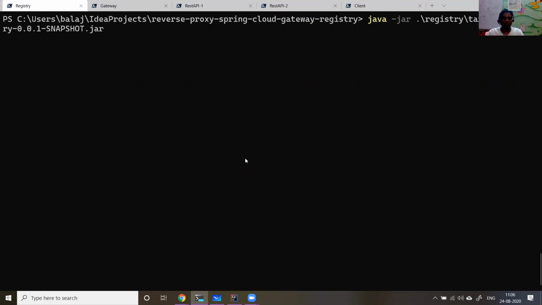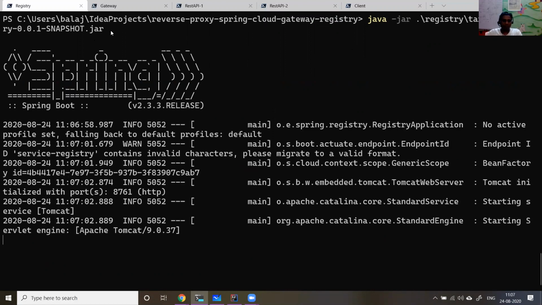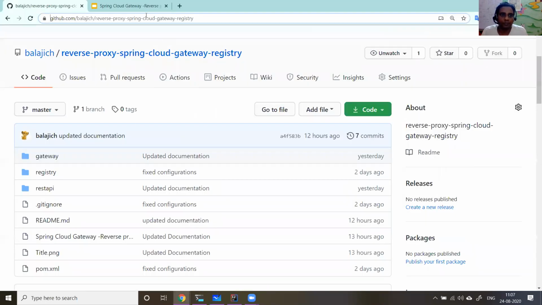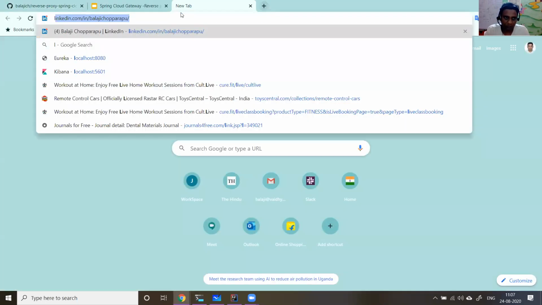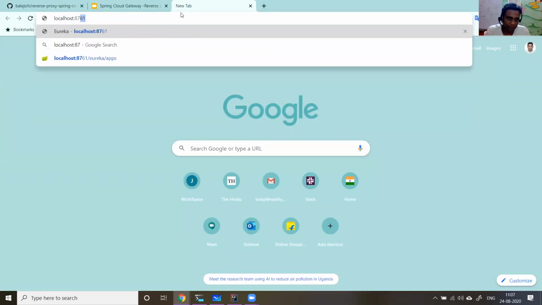So we are bringing the registry server up. The first command is going to start the registry server on the port. Okay, we didn't discuss the ports, right? 8761.